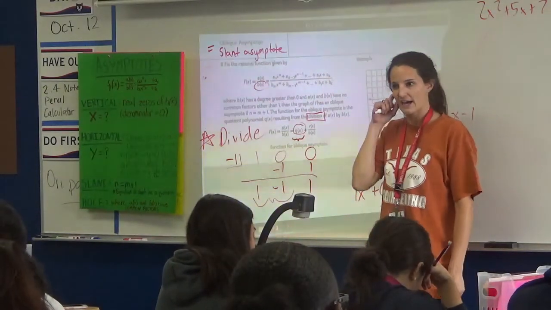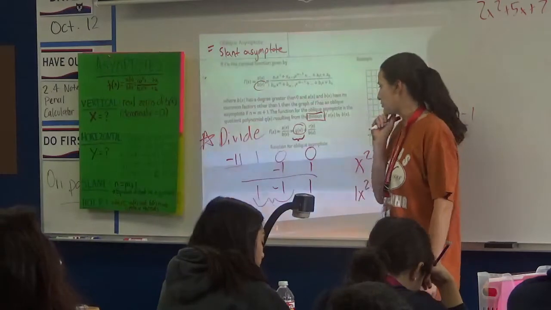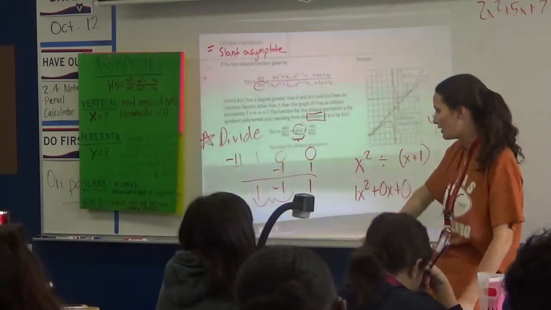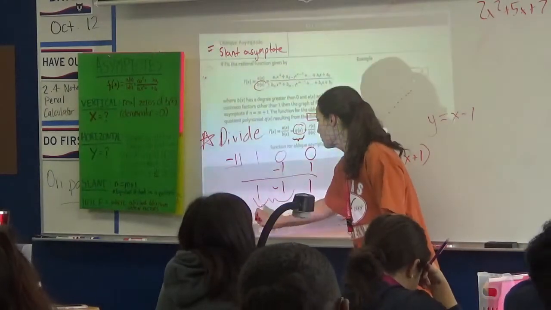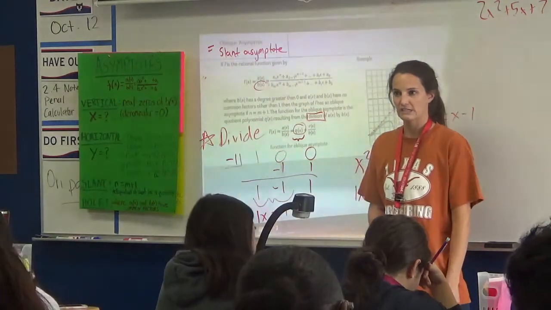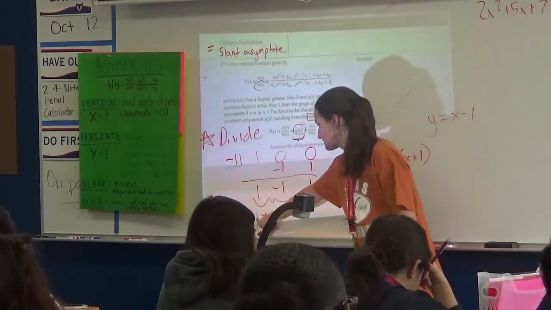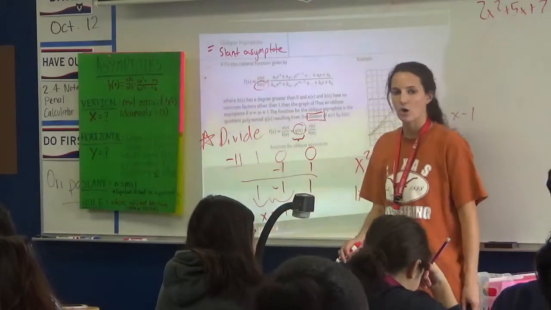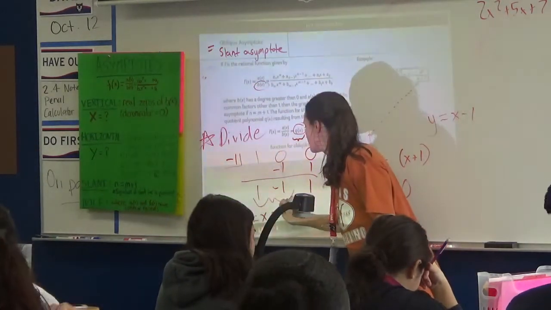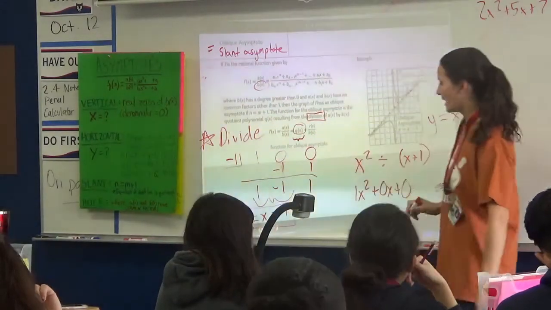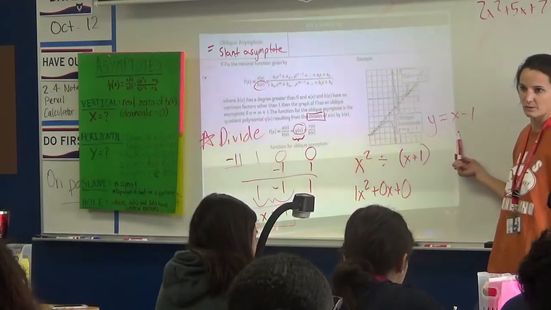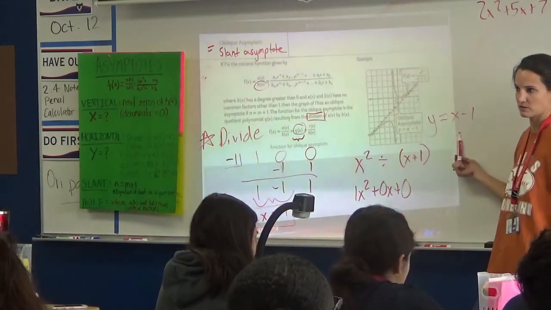Okay, let's write that as a quotient polynomial. So if it was x squared before, this would now become 1 what? 1x minus 1, which I could write as just x minus 1, right? So the equation of our asymptote is y equals x minus 1. And hey, look, that's exactly what they had, right? Y equals x minus 1 is what they said the equation of that oblique asymptote is.